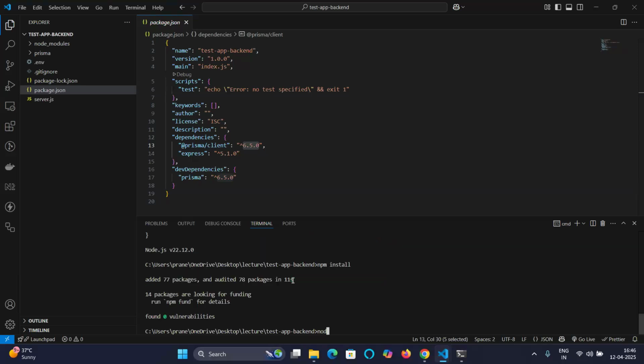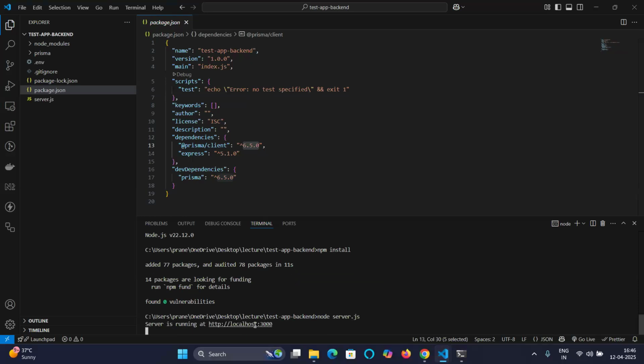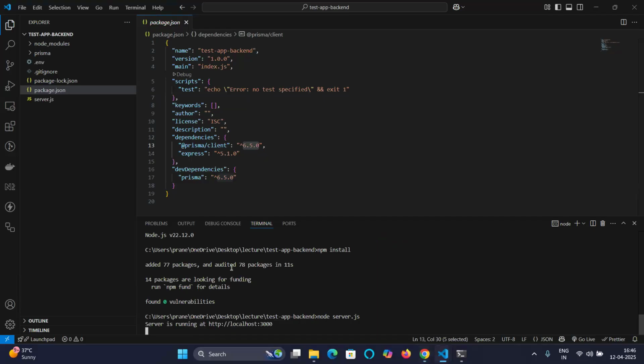Okay, now I need to run the command node server.js. So now the localhost server is running, right? So now you can see it. Here the localhost server is running, but in order to make the local server a public server,